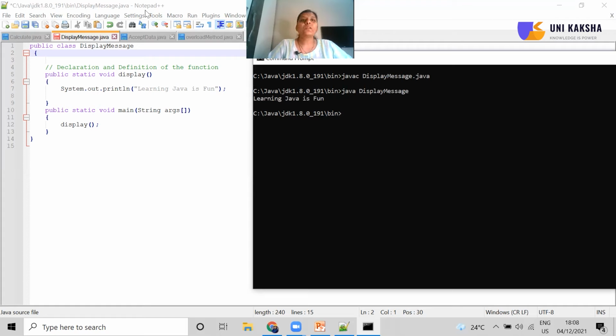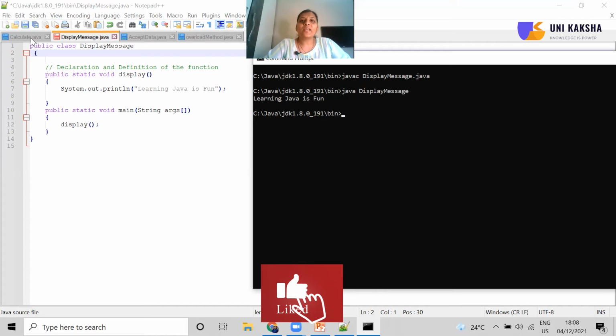Now the next thing we are going to see is that methods can be written in different ways. For example, method with no argument and no return value, method with argument and with return value, method with argument but no return value. So these are the types of methods, or the ways of writing methods.